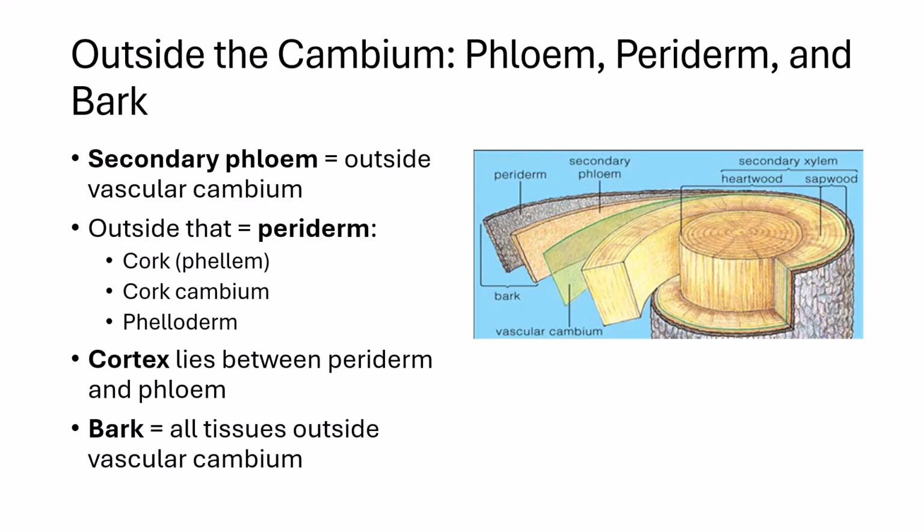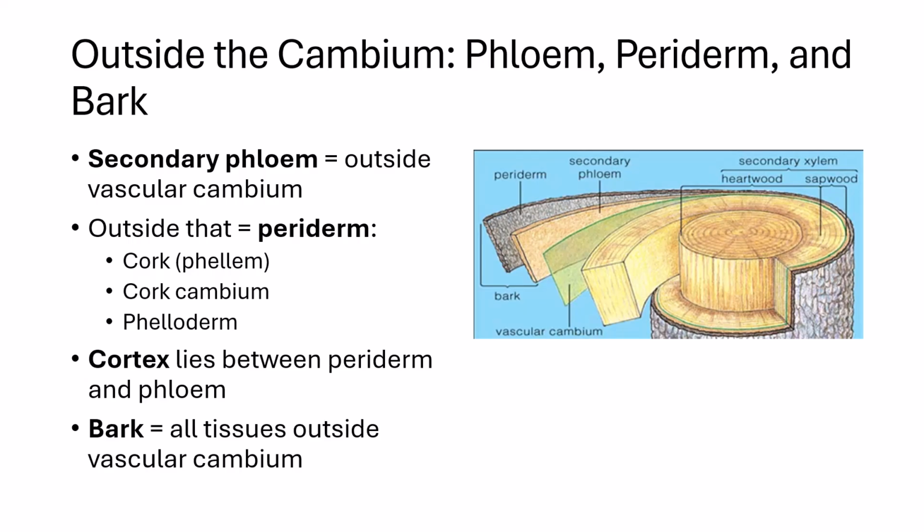Outside the vascular cambium is the secondary phloem, which is responsible for transporting sugars and other organic compounds produced by the leaves. This tissue also contains phloem rays, which help move materials laterally across the stem. Beyond the secondary phloem is the periderm, which replaces the epidermis in woody stems and is made up of cork